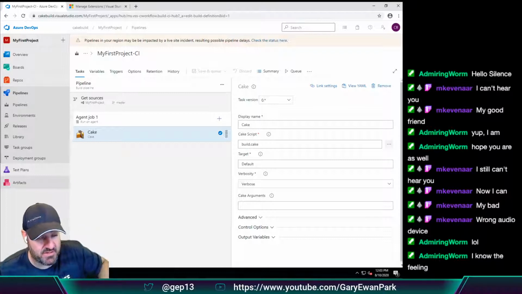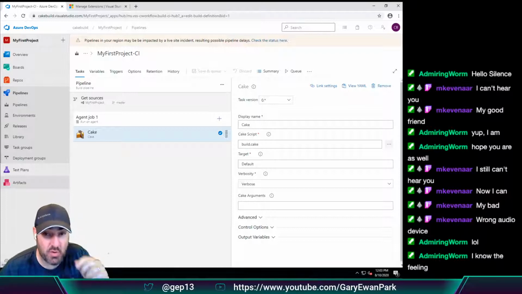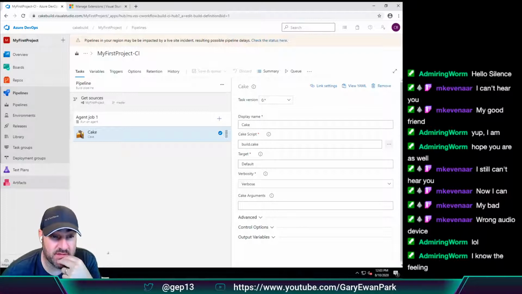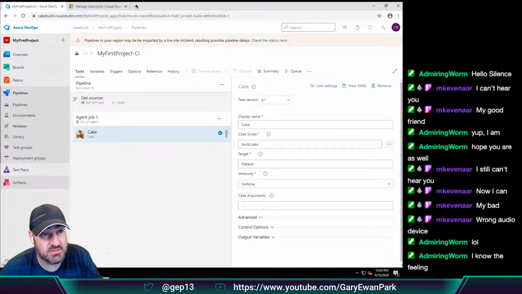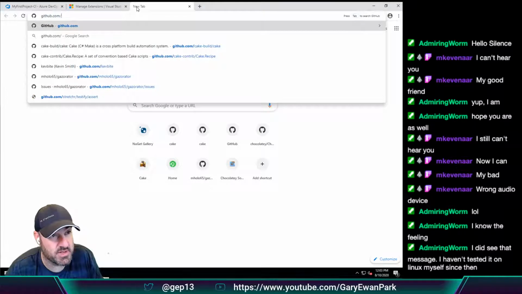But I felt we've been doing a lot of that work, and to change things up a little bit, I thought we could look at shipping a new version of the Cake extension for Azure DevOps. So the reason that I want to do this is because if we go and have a look over here,